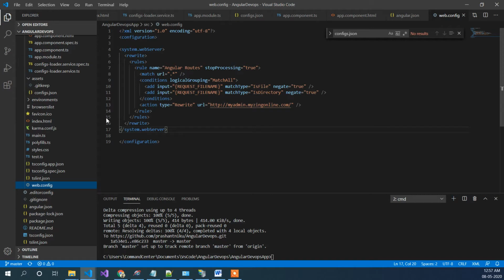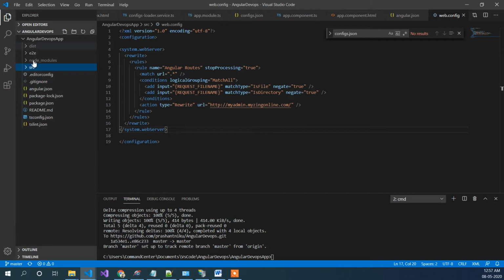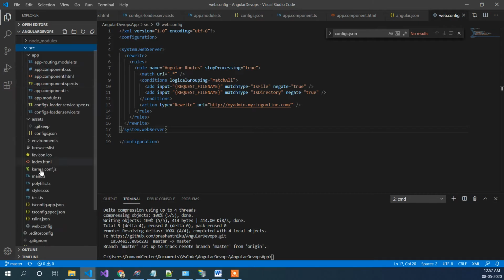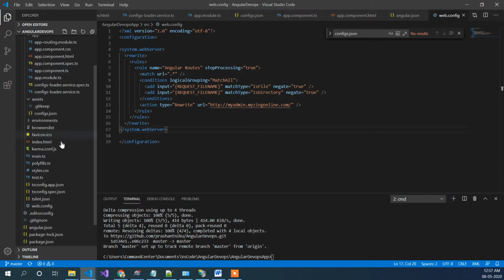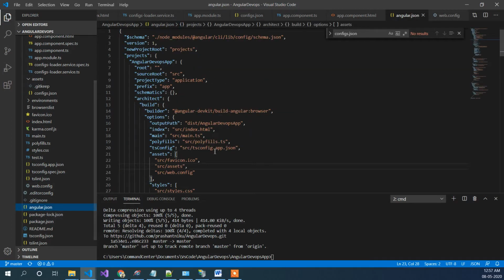One thing you can do is add this file inside your source folder. Then you can add it inside the angular.json file as an asset.